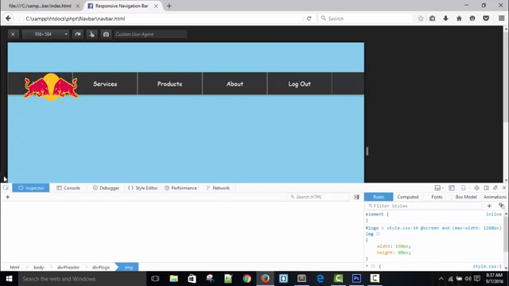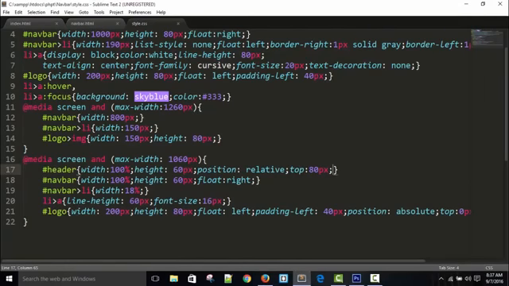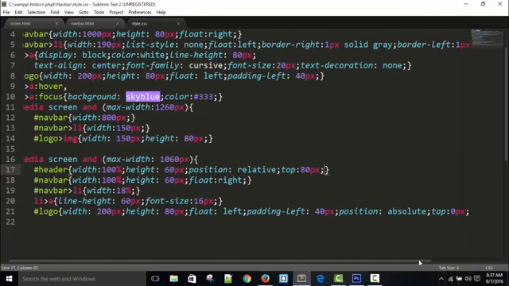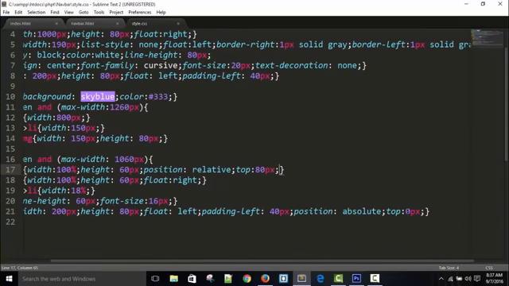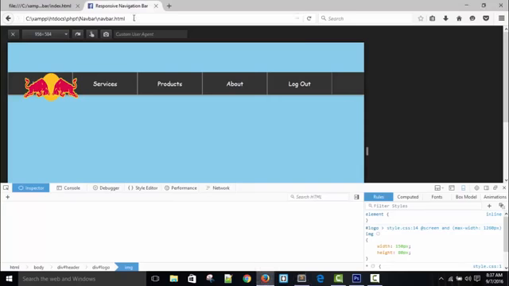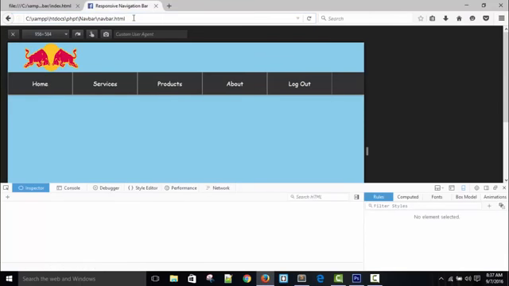What happened with this? Why is it not coming? Minus 80 pixel. Save and refresh. Okay, it is good,